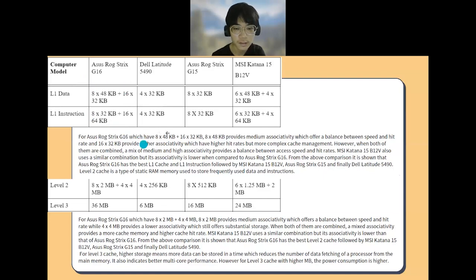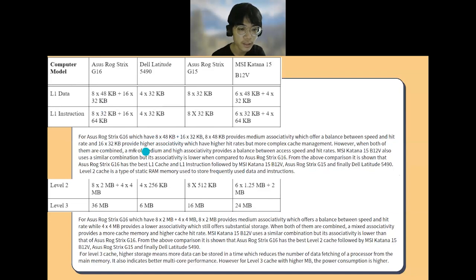Okay, for the L1 data, it has 8 times 48 KB plus 16 times 32 KB, which is considered a medium associativity. The first one, the 8 times 48 KB, is the medium associativity, which offers a balance between speed and hit rate. And the 16 times 32 KB is a high